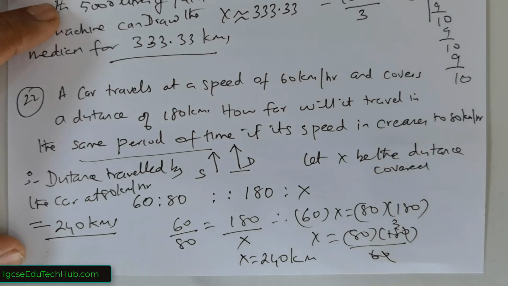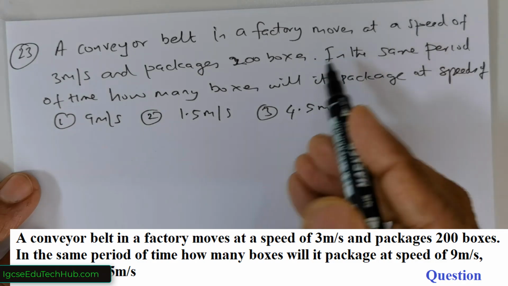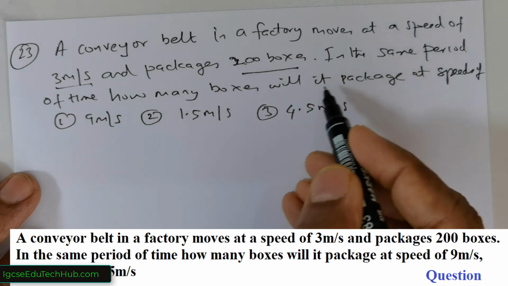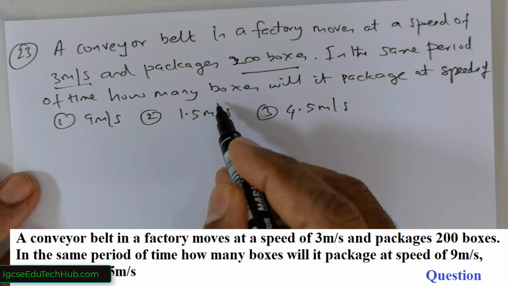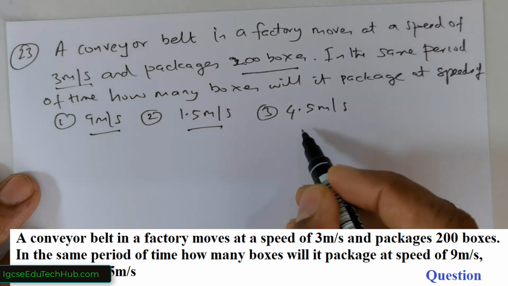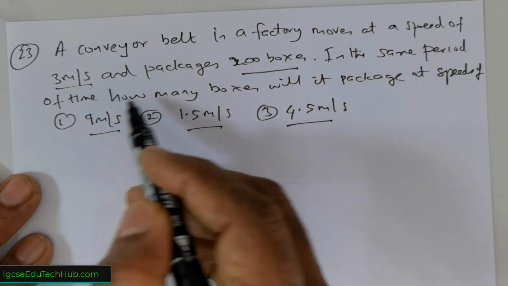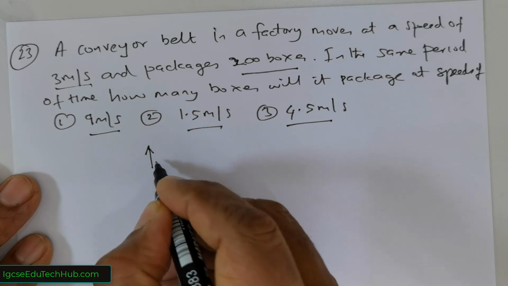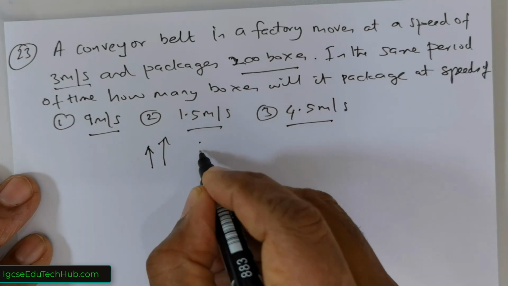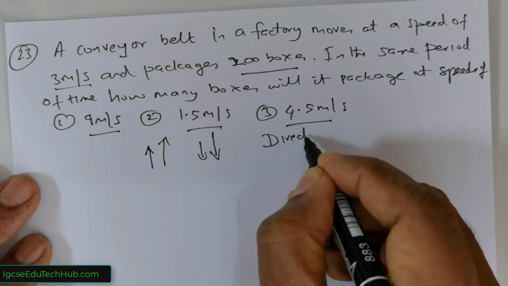So we move on to question number 23. Students, we got an interesting question. A conveyor belt in a factory moves at a speed of 3 meters per second and packages 200 boxes. In the same period of time, how many boxes will it package at speeds of 9 meters per second, 1.5 meters per second and 4.5 meters per second? So if the speed increases, the more amount of boxes will be packaged, and if the speed decreases, lesser amount of boxes will be packaged. So this is a direct proportion problem,